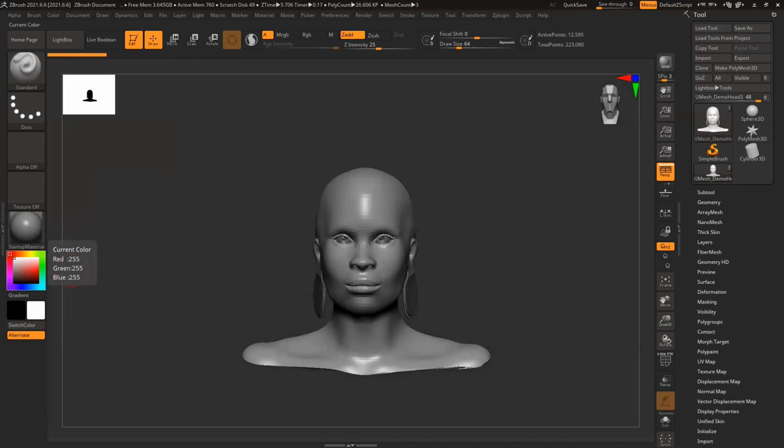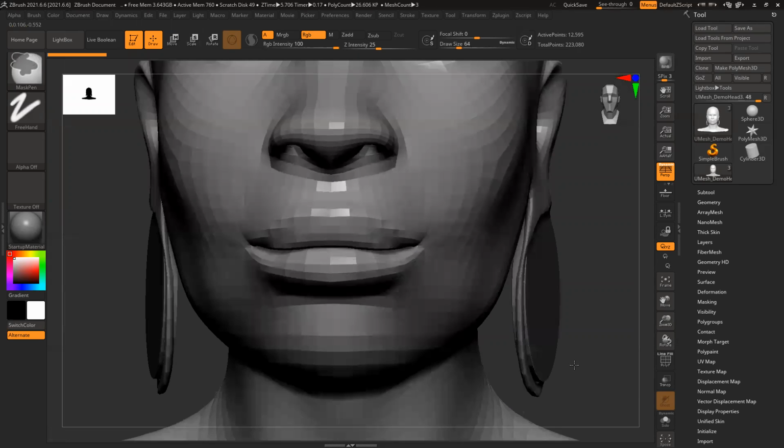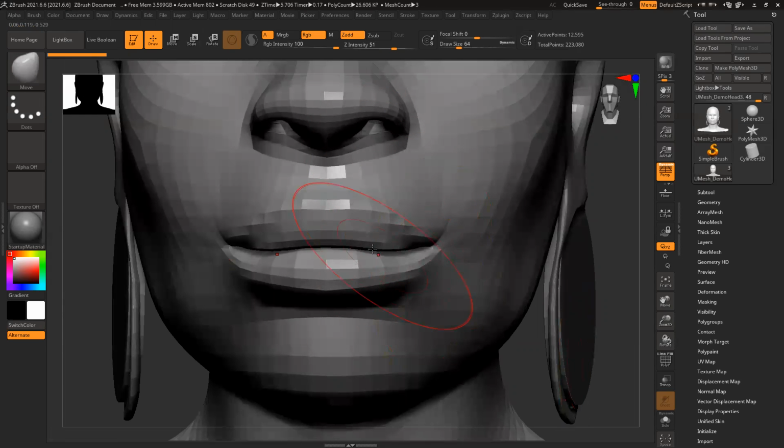Okay, start. So we were blocking out the head. Lips are really bad.